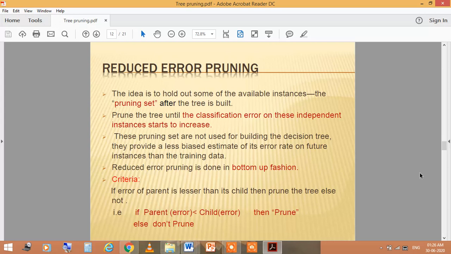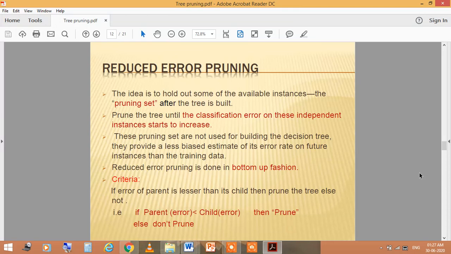In this, the idea is to hold out some of the available instances, like a pruning set, after the tree is built, so as to prune the tree until the classification errors on these independent instances start to increase. These pruning sets are not used for building the decision tree, and they provide a less biased estimate of its error rate on future instances than the training data.